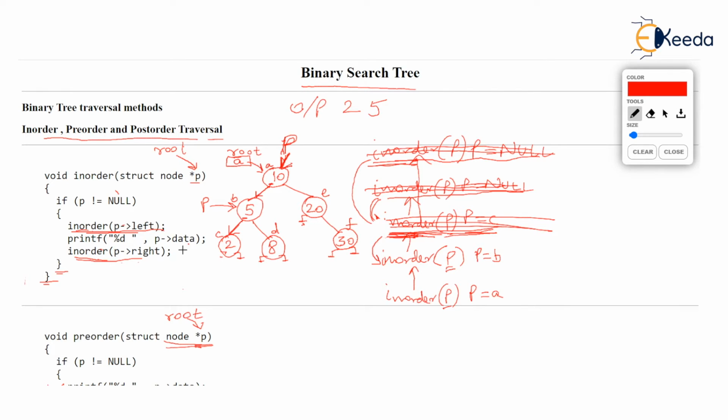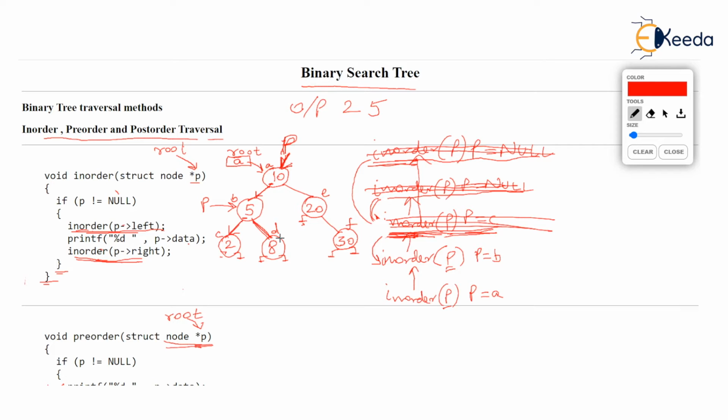Now, after this printf, there is another call to inorder. You watch, inorder(p->right). Either way, we are in this function. Hello, we are in the function phi where p is pointing to B. Observe, we are back in this function and we have just now successfully printed phi. So, what will inorder(p->right) mean? inorder(p->right) will mean the address of 8 is passed, because p->right is storing the address of 8. Address of 8 is D.